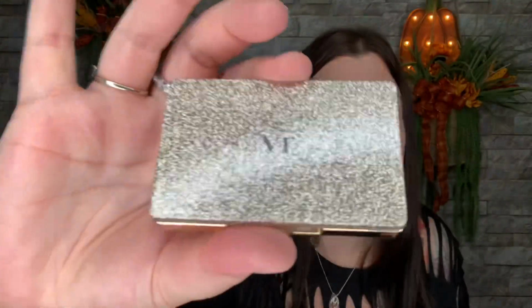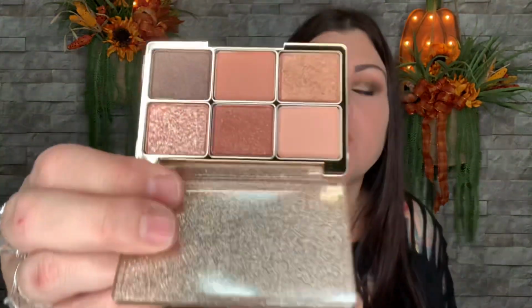And it just says VT eyeshadow palette. It looks like there's going to be 6 colors. Ooh, that's a cute little package. It's all glittery. Look at that. It's all blinged out. And then when you open it up, these are really pretty colors, and it looks like